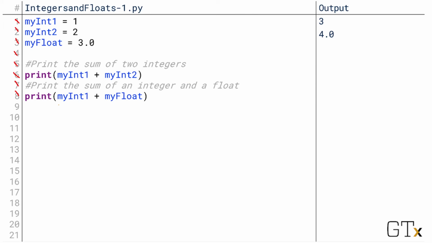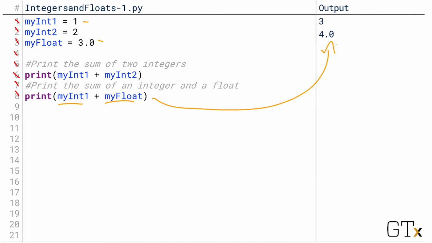On line 8, though, we add an integer to a floating point number. We add 1 to 3.0. Now these are different data types, but it does make sense to ask what the sum of 1 and 3.0 is. The answer is still 4. Here, though, Python assumes that the answer should be a floating point number. It effectively converts the integer to a floating point number, 1 to 1.0, and then adds 1.0 to 3.0 to